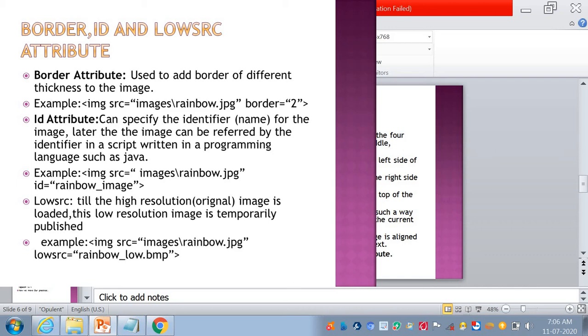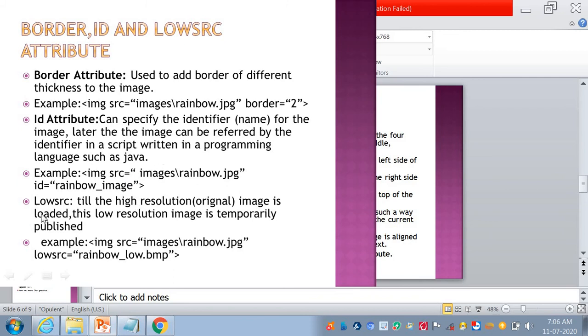The tag below shows an example: image src is equal to "images/rainbow.jpg", then id is equal to "rainbow_image". So this is the id of the image, and the id attribute specifies the identifier, meaning the name of the image.